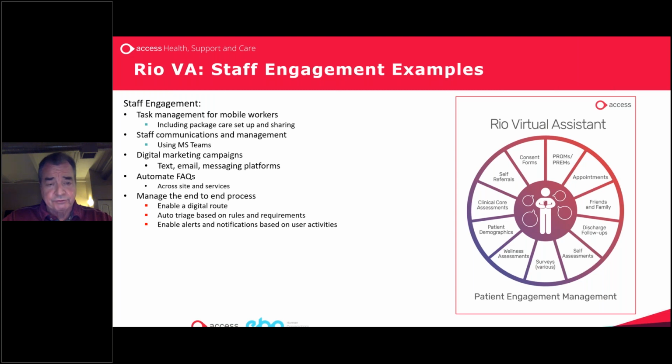reminders about flu jabs, new services perhaps that the trust is rolling out, et cetera, all the way through. And obviously automating FAQs. So in the first instance, we deployed what we call the digital front door that provides a solution on the trust website that allows the patients, outside people, to come in and access through the virtual assistant information around the trust, et cetera, and address any kind of FAQs they might have. And those FAQs can also be addressed within the assessments we're putting out, as well as the appointments to help address them and support in terms of providing the services.